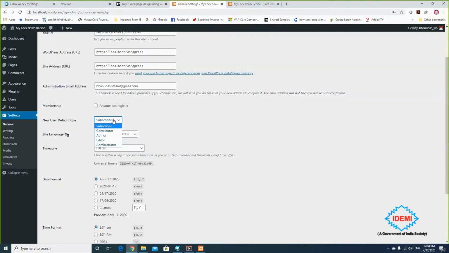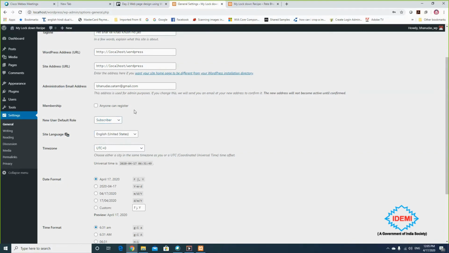By default you are the Administrator, so you are not giving this role to any new user. But if you want to set a friend as an Administrator, having the same rights which you have, then in your absence he will play the role of Administrator. So you can define a role here.